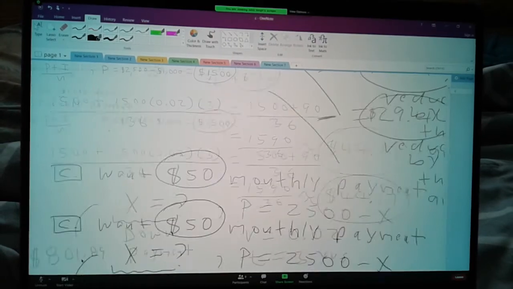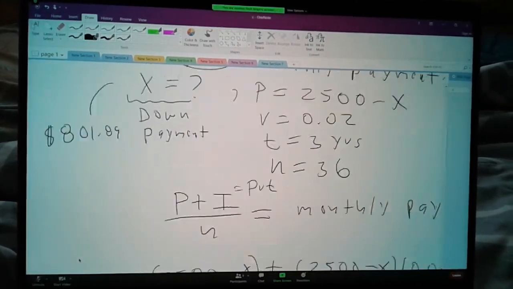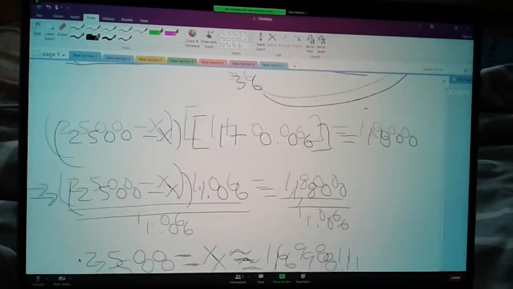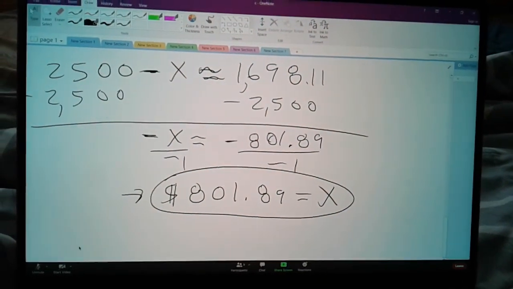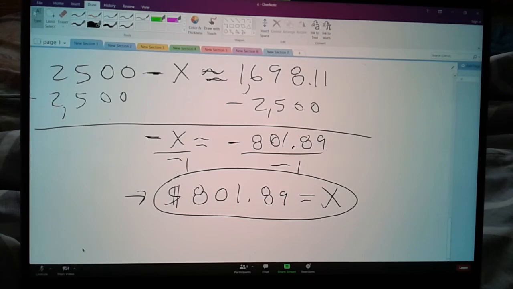Okay, so that's a problem that you've done before. You did it on your homework, actually, I think. So this is how we do it. Okay, so let's look at